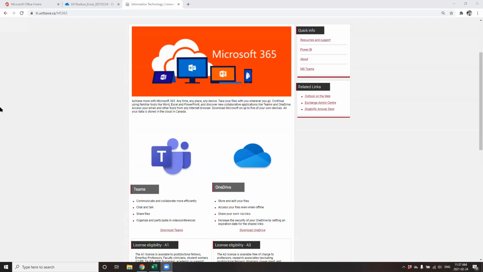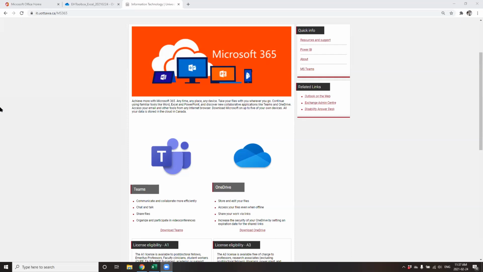But first, what I wanted to highlight here on this slide is the University of Ottawa Information Technology offers Microsoft 365 to students and faculty, and you get to work with tools that you're familiar with. So the applications of Word, Excel, and PowerPoint. You can actually access these tools on your web browser, and these will feature collaborative features, and you can download the Microsoft application on up to 5 of your own devices. So that is something I definitely took advantage of when it was deployed.